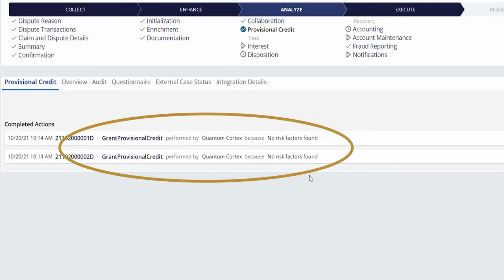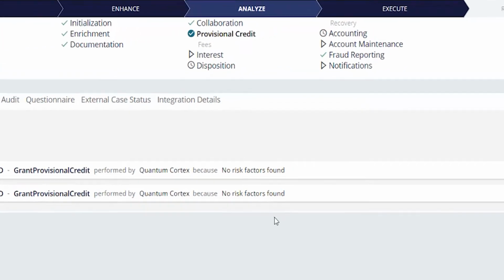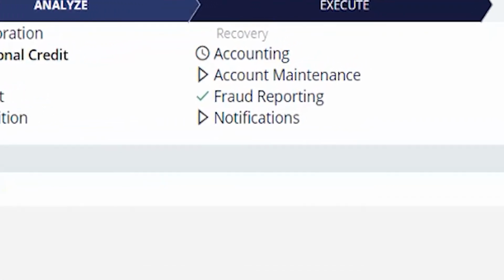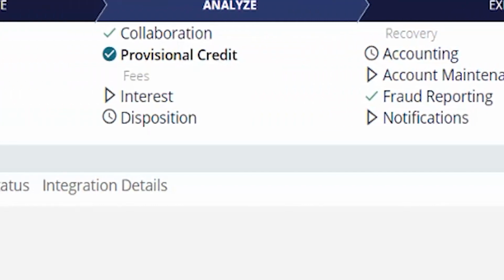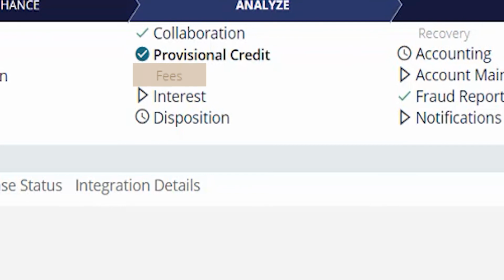In this case, we can see that in the intake portion of this claim, Mr. Wentz was provided with a provisional credit, so this step is now completed. We can also see that the accounting is now pending for that credit to take place and be placed on the cardholder's account. The next step in the claim review is the fees portion of the investigation,